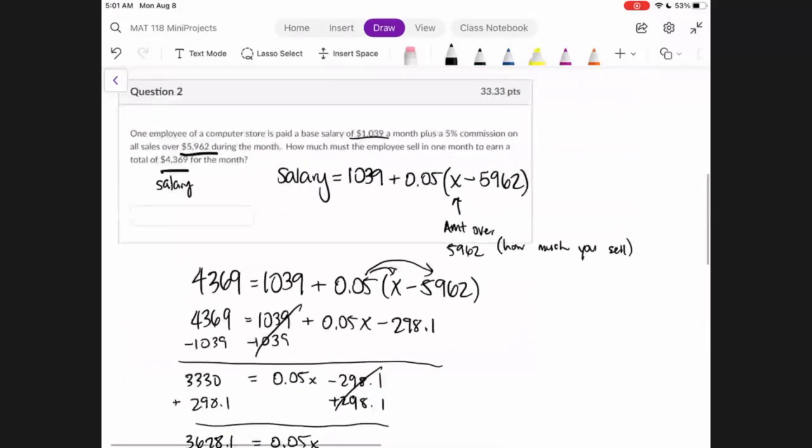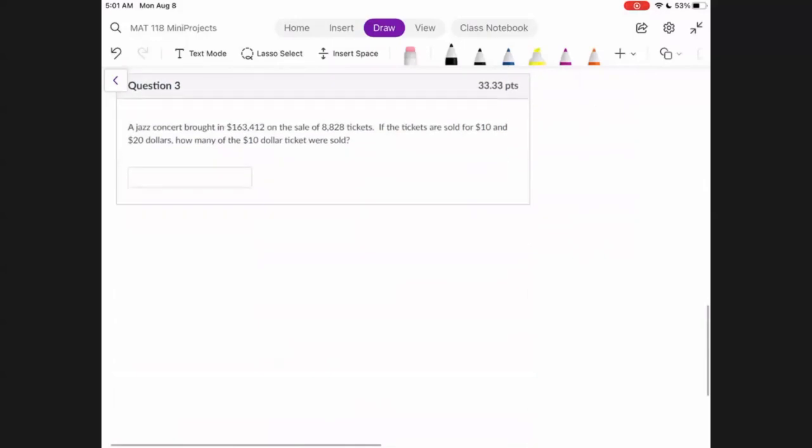Last question for our mini project. A jazz concert brought in $163,412 on the sale of 8,828 tickets. If the tickets are sold for $10 and $20, how many of the $10 tickets were sold? Okay, so